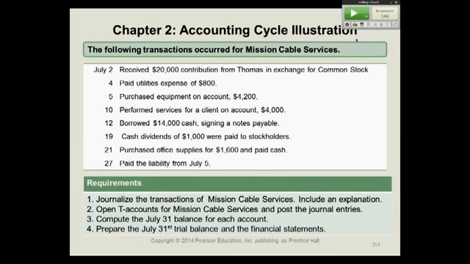Right. Okay, correct. And then of course you post it as well. So this one, let me get this up on the screen for you. All right. So this would be a debit to utilities expense for 800 and a credit to cash for 800. And then I'm not going to do the posting references. When you post them, you'd have the debit going to utilities expense, the credit going into cash, and then